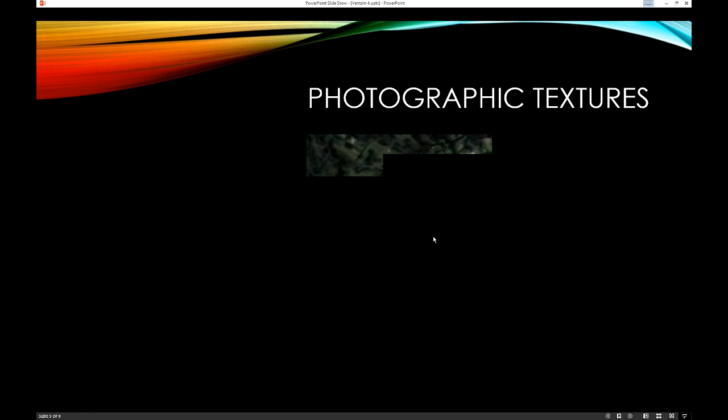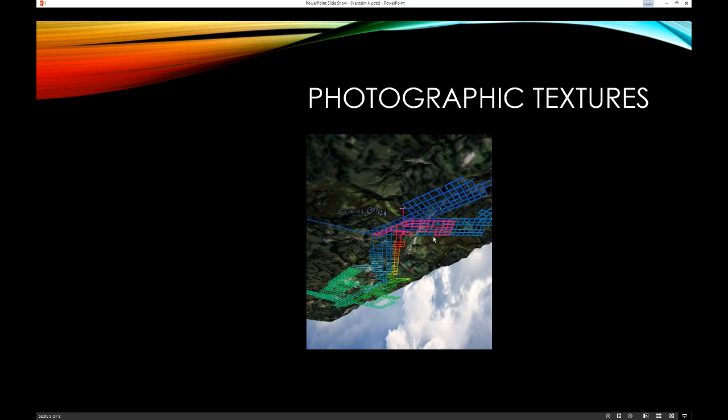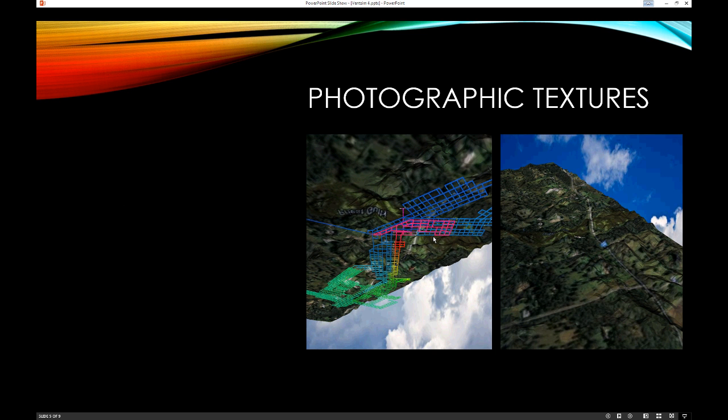Photographic textures, that's a feature where we can drop in photographs on top of 3D surfaces in Ventsim. You can see there's a couple of examples there where we've just taken some Google Earth imagery, and then we've dropped that into the Ventsim model on top of a 3D surface. And you can see very clearly the terrain, the roads, the mountains and hills and vegetation overlaid on that 3D